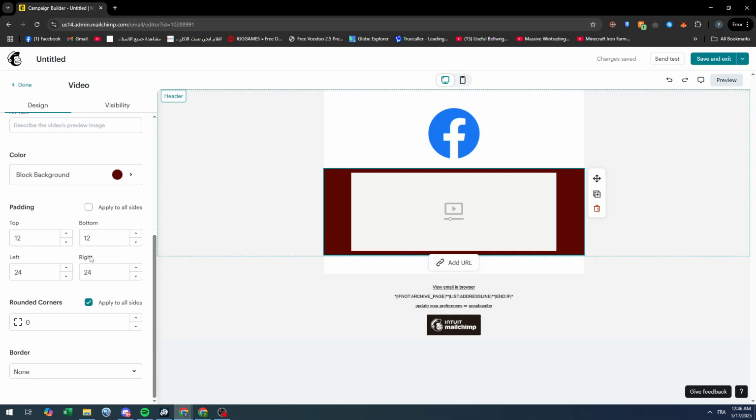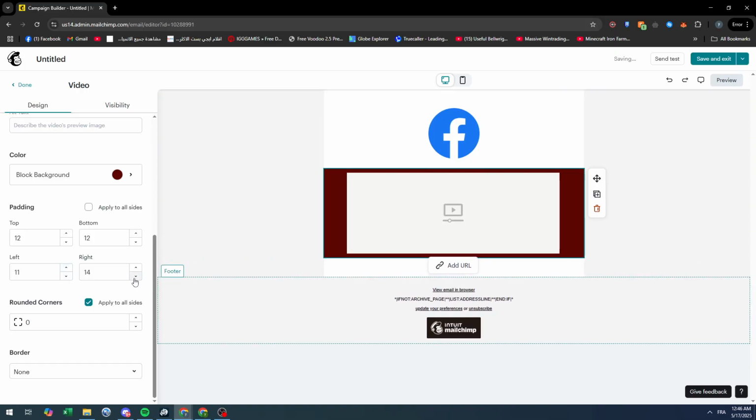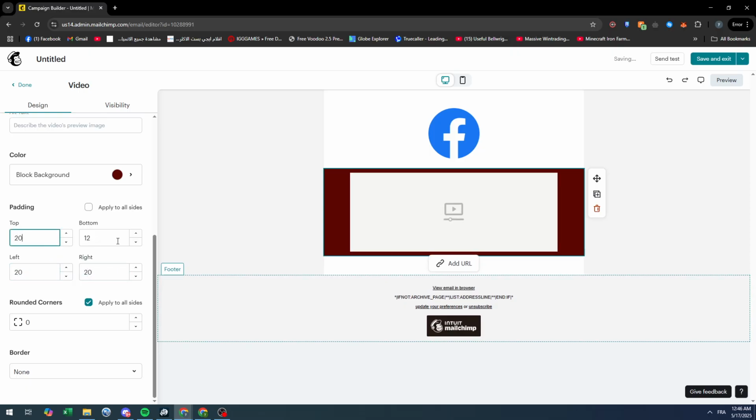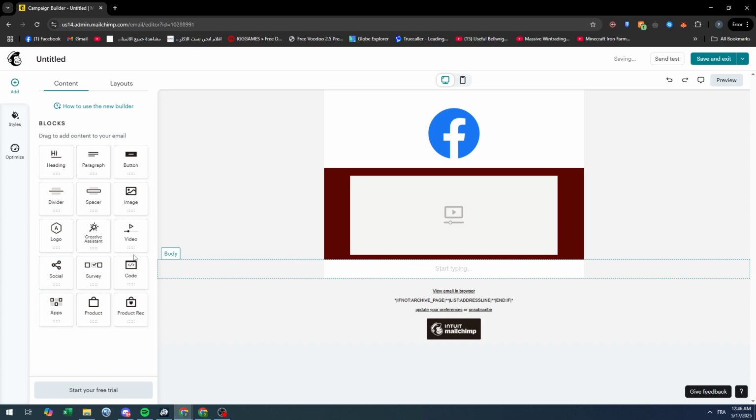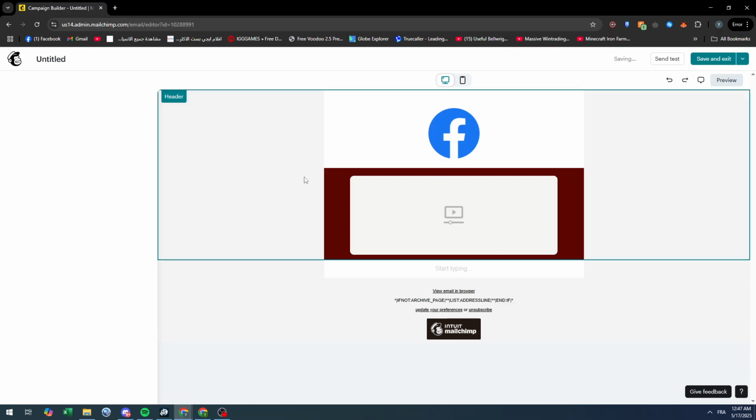Also, if you want to make it bigger, you can make it like that. Just work within these things right here. For example, here 20, 20, 20, and 20, and this will add a little bit of that detail. You can work on the rotation of it or the corners, so we can make it more rounded. And yeah, that's pretty much all you can do within the video that you will be adding to your email